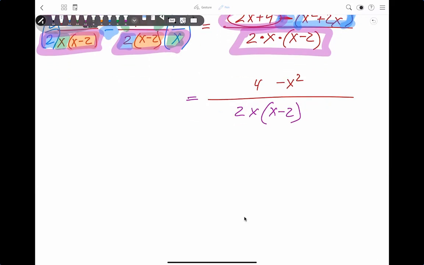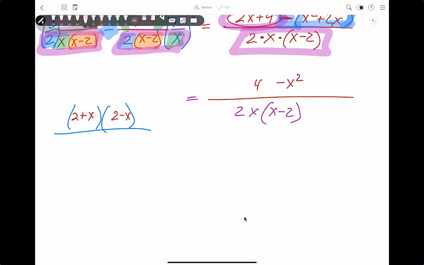Okay? So if I looked at 4 minus x squared and I wanted to cancel, factor, this is like 2 plus x, 2 minus x. It's like a difference of squares. Oops, not x squared, x on both. It's like a difference of squares. Okay? If I did it that way, and I factored the numerator to this that you see right now,